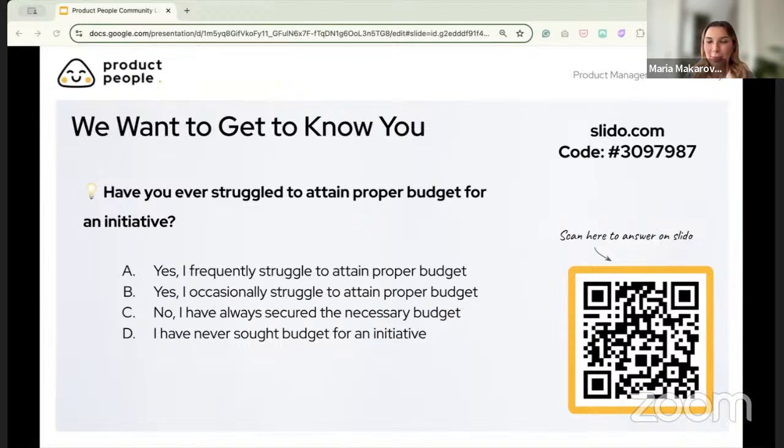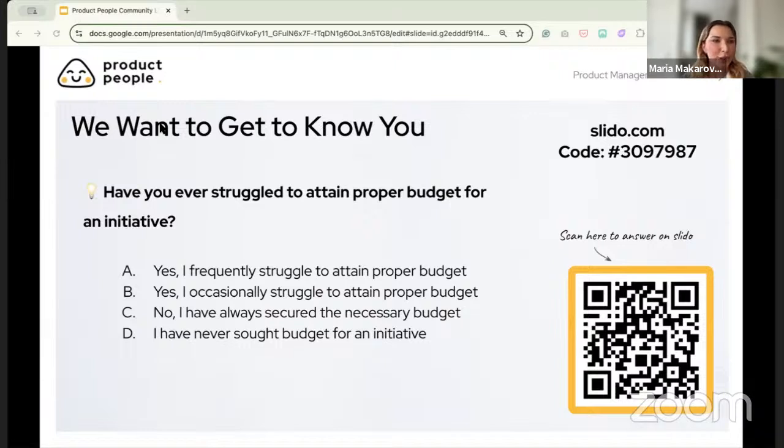I already see some results coming in. Let's just wait a little longer. You can also use the numerical code on the screen to access it if you have any issues. All right. It seems like a lot of people answered, and the results are a very drastic